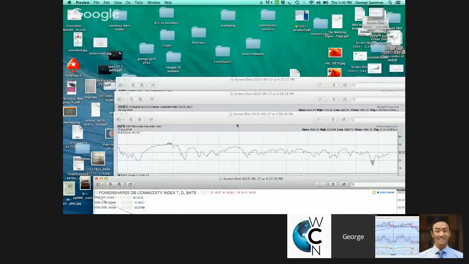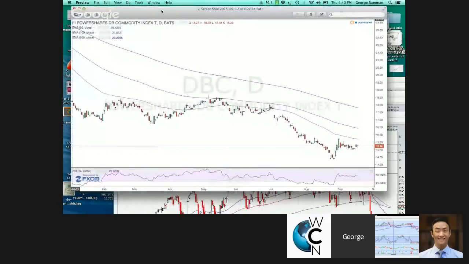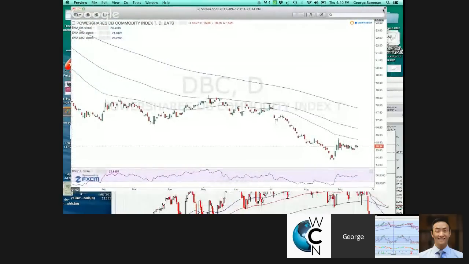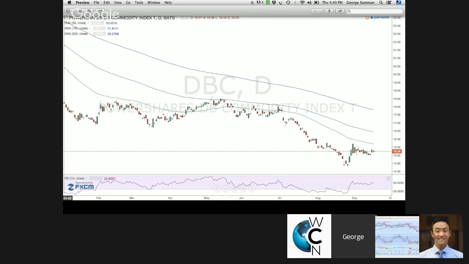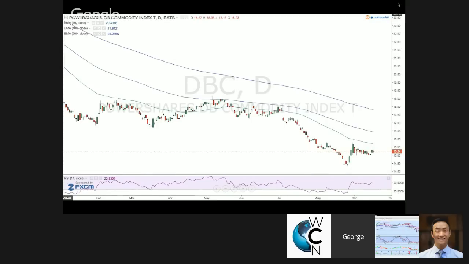Next chart I have is a chart of the commodities. I was trying to see if anything came out of today as far as what they look like. Still in this kind of pattern here where they're consolidating and bottoming out, but nothing to really write home about. Still waiting to see if anything happens there. Potentially with the U.S. dollar coming off a bit, you'll have a little alleviation and you could get a short-term rally here, but today it didn't do anything at all. Not really that surprising.